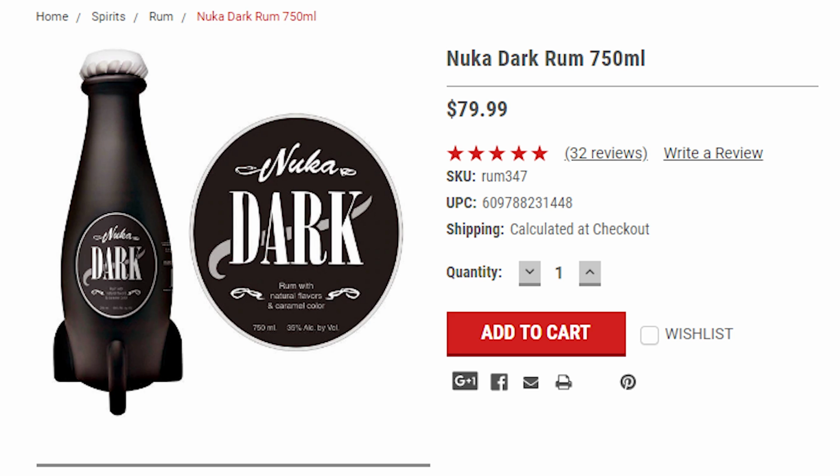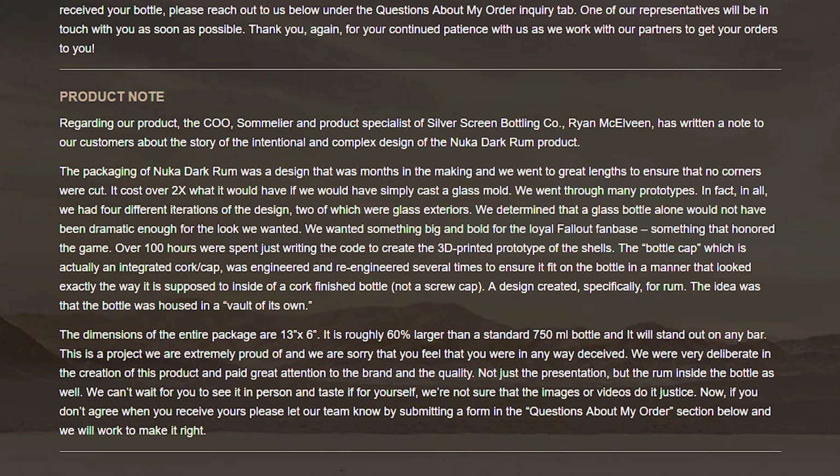After all, nobody bought this product for the rum, as those who want rum can simply go to their local liquor store and get a more reliable brand for far cheaper. The saddest part is that according to what Silver Screen Bottling Company claimed in response to the backlash surrounding Nuka Dark Rum, glass bottle prototypes had been made before they settled on the plastic shells, feeling as though glass bottles would not have been dramatic enough and wanting to create something big and bold for the loyal Fallout fanbase, something